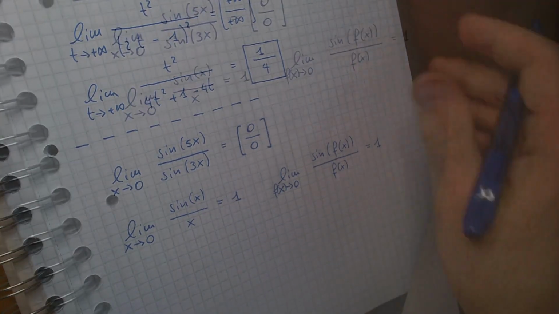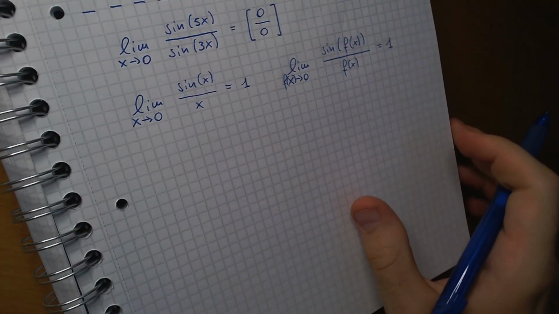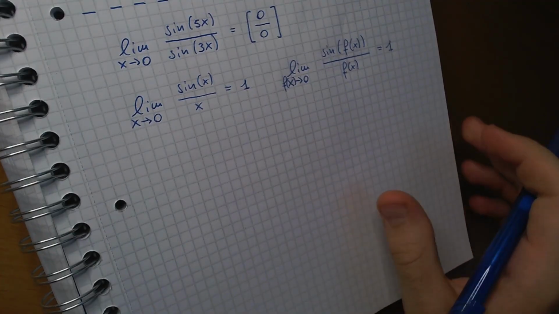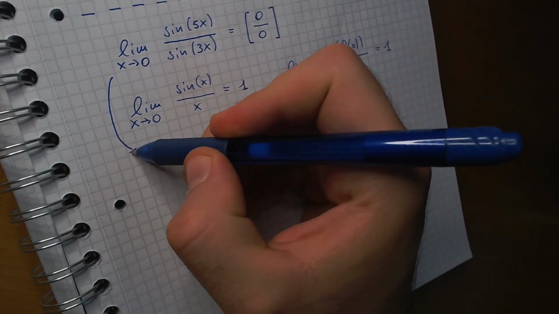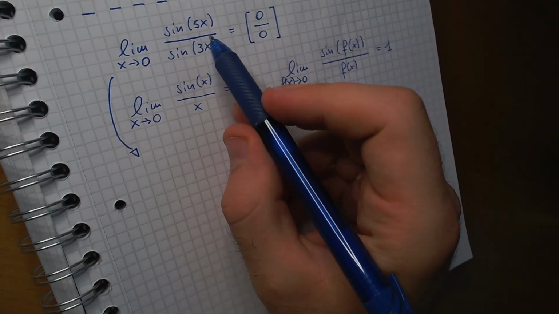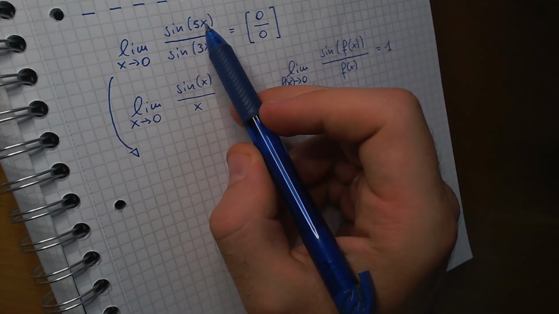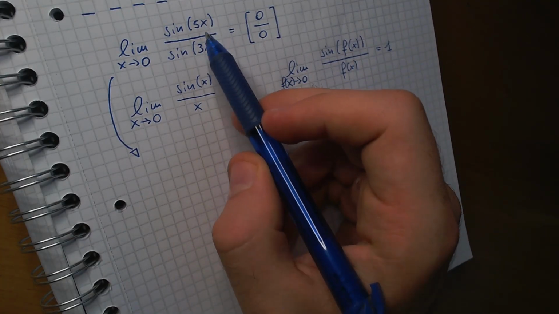Okay, so this result enables us to compute the limit, because here the trick is to multiply and divide by the argument of these two